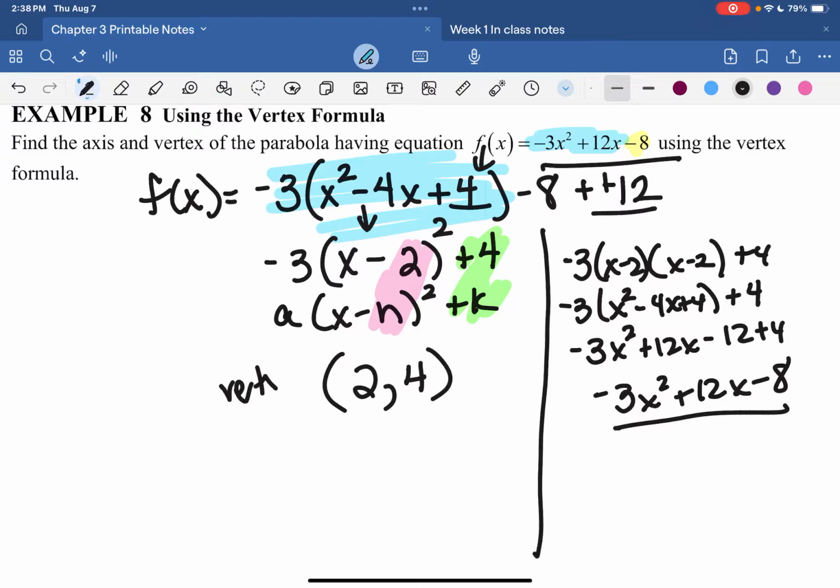So (2, 4) is my (h, k). So that's my vertex. And then my axis of symmetry is always x equals that number in the vertex. So it's x equals 2. Okay, that's the end of